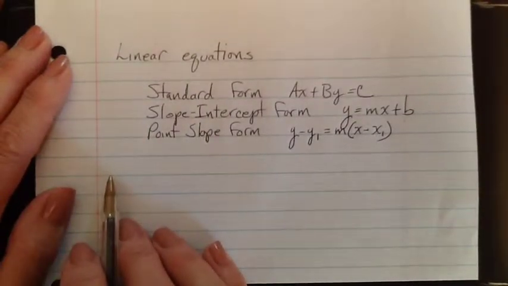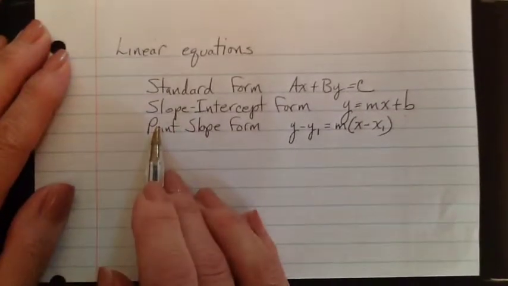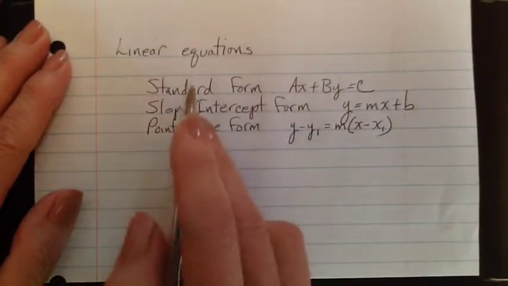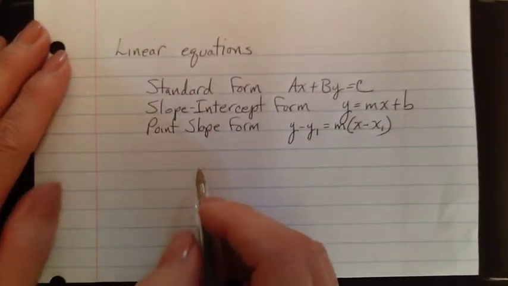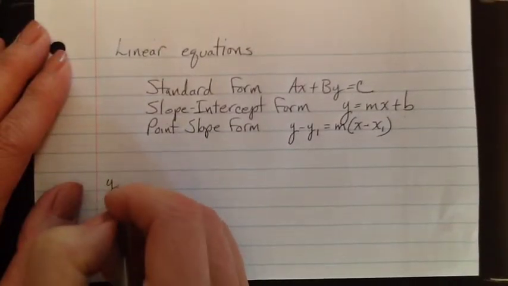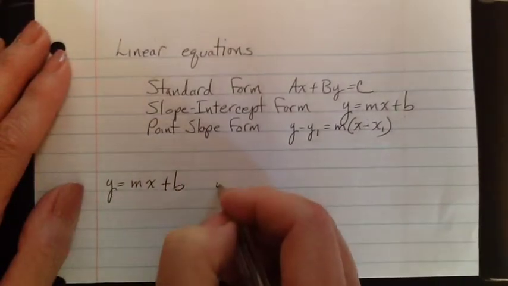For the summer assignment, it simply said to write a linear equation given certain information. It didn't say which form to write it in. We are going to do it in slope-intercept form, but I will accept any of the three forms. All right, so slope-intercept form is y equals mx plus b,